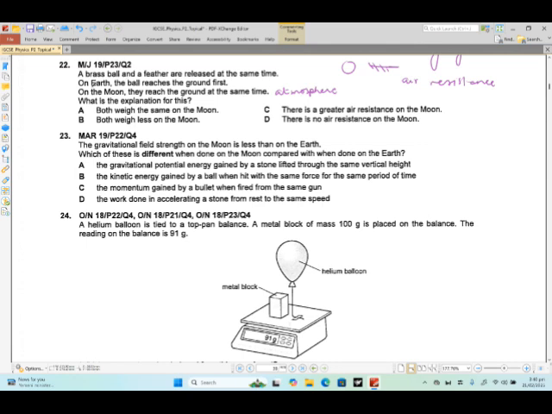ये तब होता है अर्थ पे। आप कहोगे पीछे तो हम कर रहे थे और आप हमें समझा रही थी कि ये दोनों सेम टाइम पे पहुंचेंगे अगर सेम टाइम पे छोड़े गए। यस, वो उस केस में जब आपको साथ मेंशन किया गया होगा कि एयर रेजिस्टेंस इज निग्लिजिबल। तो अब अगर हमें ये करना है कि अर्थ पे हैं हम और एयर रेजिस्टेंस इज बीइंग टेकन इनटू अकाउंट, तो पहले क्यों पहुंचेगा, वहां पे मून पे इकट्ठे क्यों पहुंचेगा, उसकी सिंपल और स्ट्रेट फॉरवर्ड एक्सप्लेनेशन ये है कि there is no air resistance on the moon. उसके पास एटमॉस्फेयर ही नहीं है, एयर ही नहीं है, तो there won't be any air resistance present और वो एक साथ पहुंच जाएंगे।